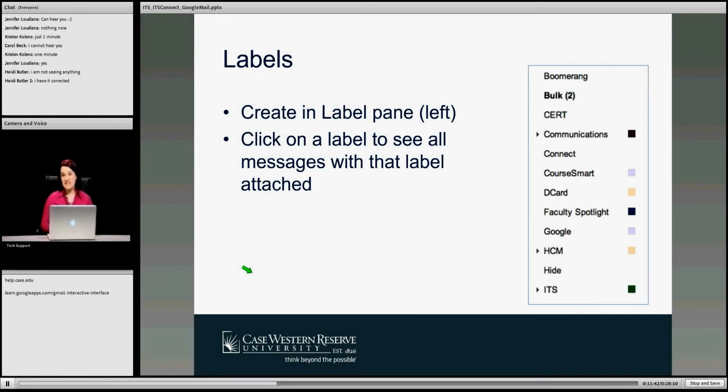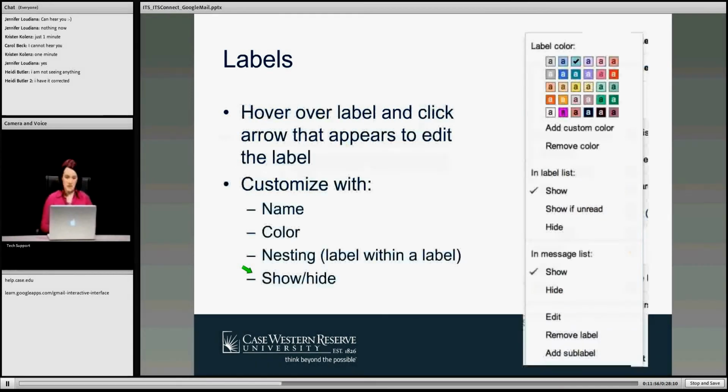So that you can have multiple labels arrow that appears